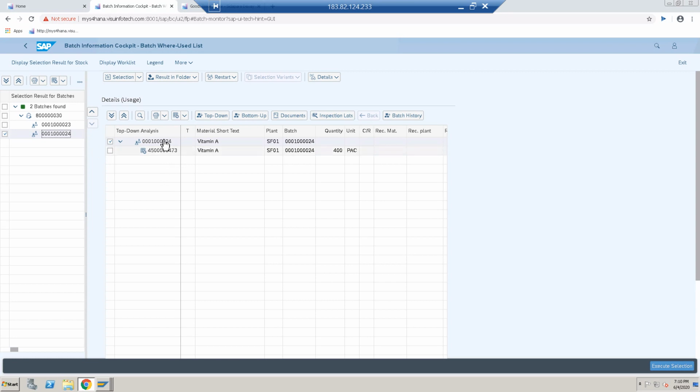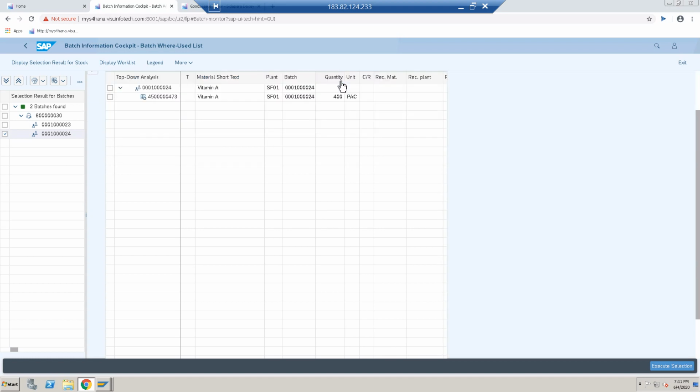My purchase order, then after that the batch history. If you want to see it, you can check the batch history. Something is not working. Look at this, and if you want to see the stock of this batch, you can search here like this.